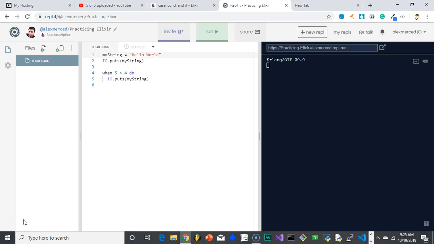Basically, like most languages, you have variables that you can store data in. Here you just name your variable. So I'm naming my variable my string, and I'm saying that it equals hello world. Then when I want to print it to the screen, I use the IO function: io.puts will put something on the screen. It's kind of similar to Ruby in that regard. There are some similarities to Ruby, but with the functional flair of Erlang and Lisp. IO puts my string. So then when I run that,